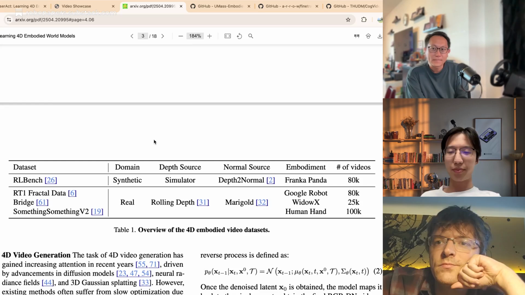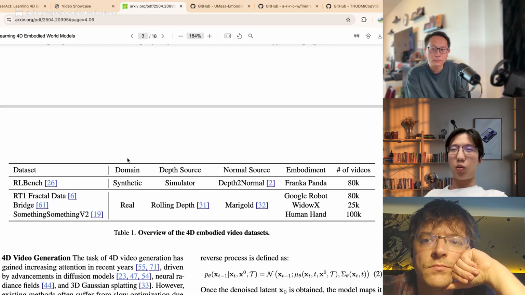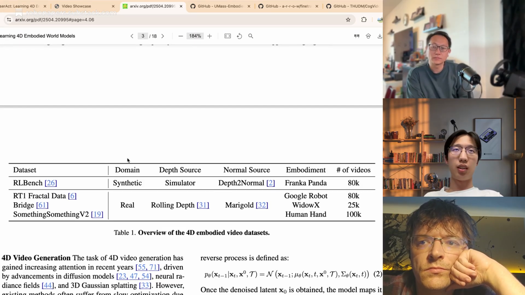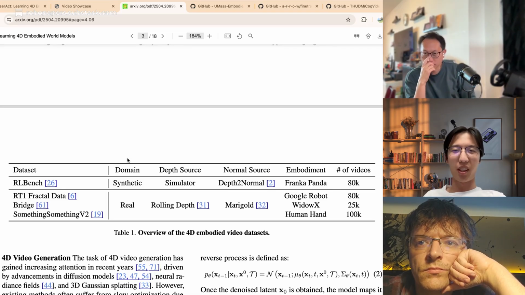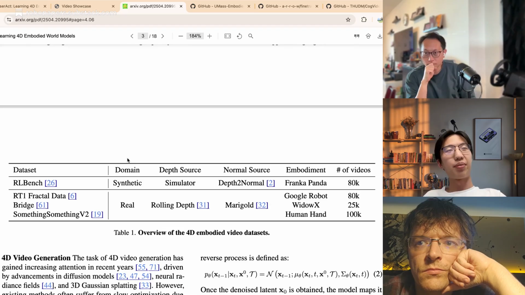Yeah. So there are some constraints in real world data collection, like it's hard for a real world robot to play, maybe, tennis.